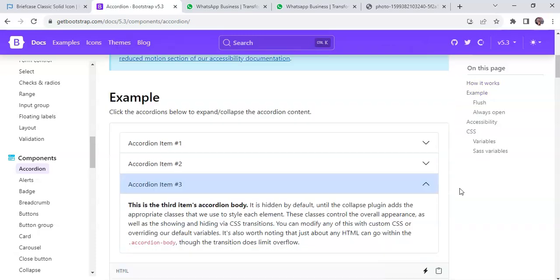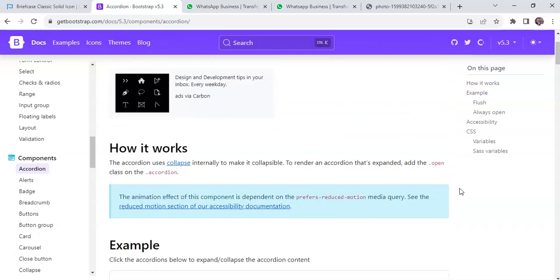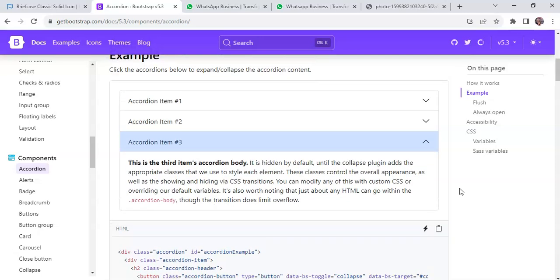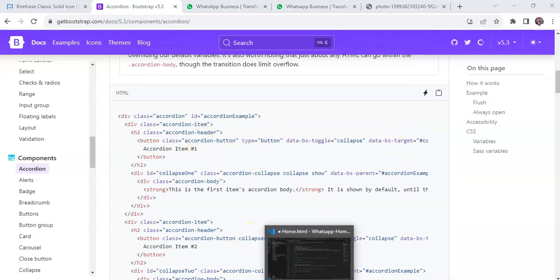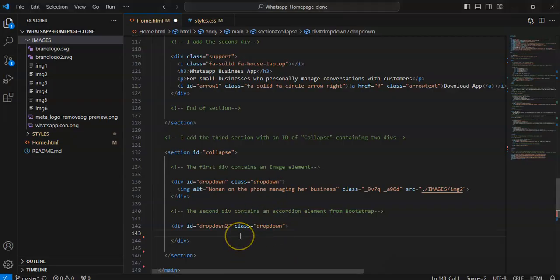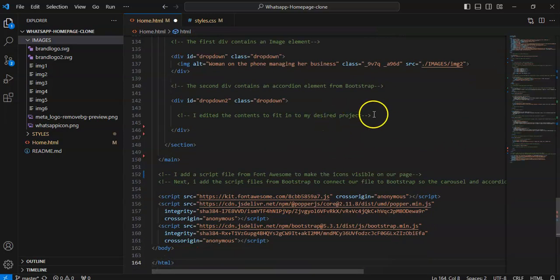So I believe you're familiar, or you probably should have practiced it. I know it should not be new to you. So just copying the code, click here, you copy the whole code, and then of course you're going to have to paste it inside here. But then when you paste it, oh sorry, all right, I edited the content to fit into my desired project,